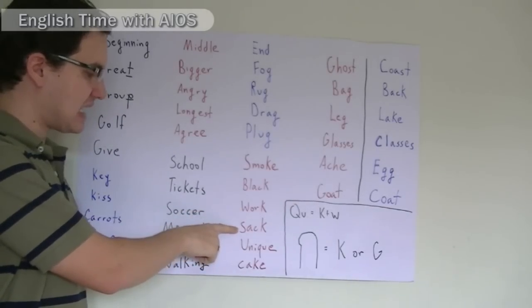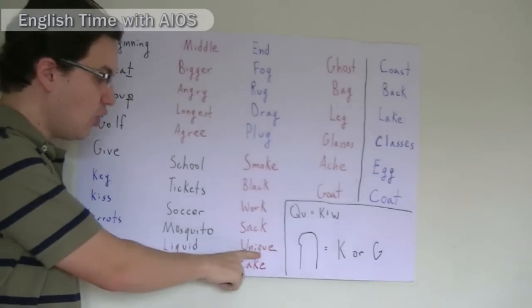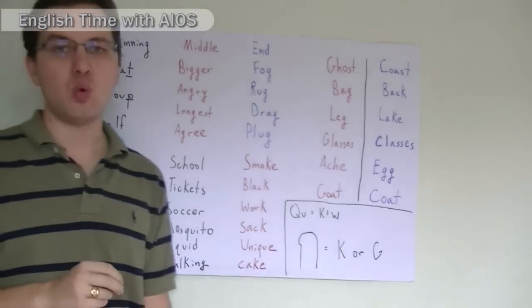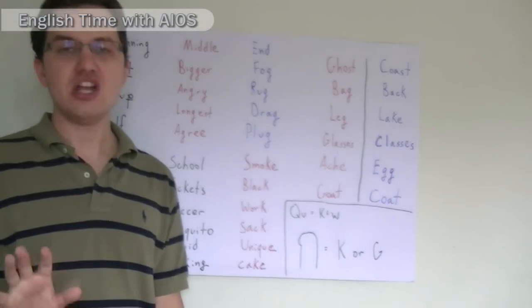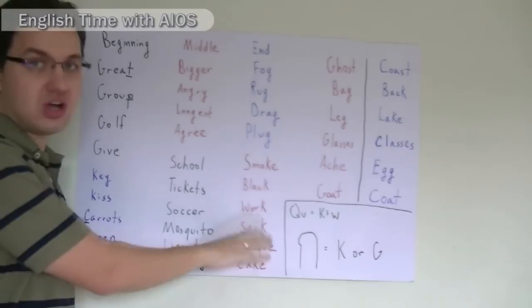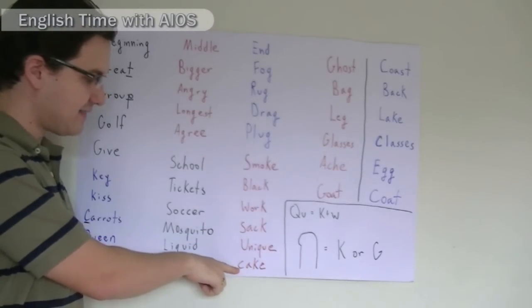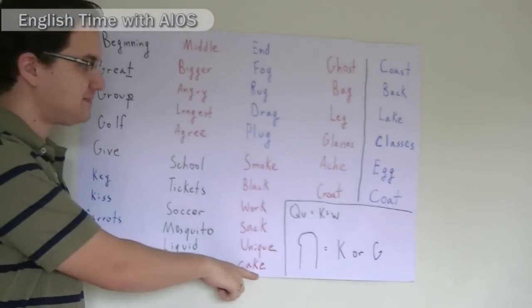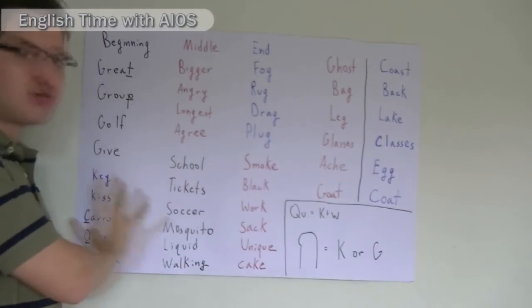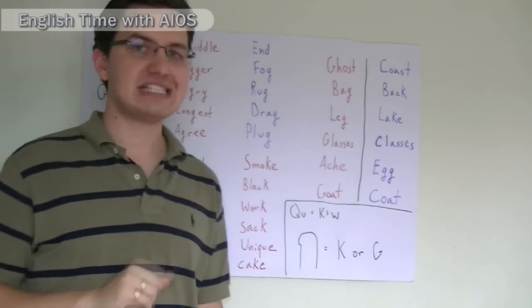Sack, sack. Unique, unique. When a Q is at the end of a word, it's just a K, no W. So just unique, like a normal K sound. And then cake, cake. So if you had trouble with that, please go back and practice, because this next section